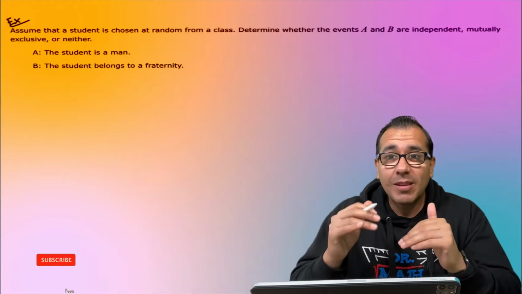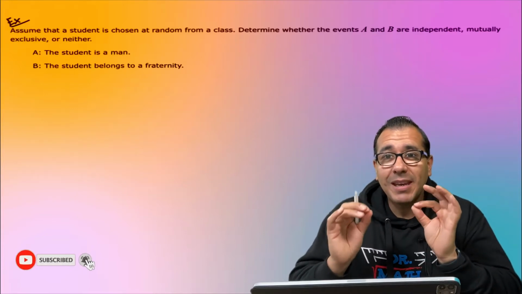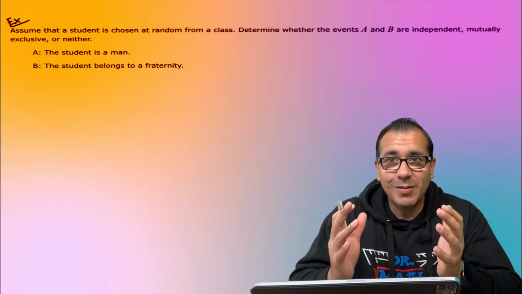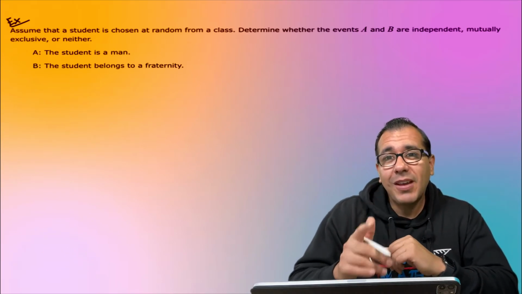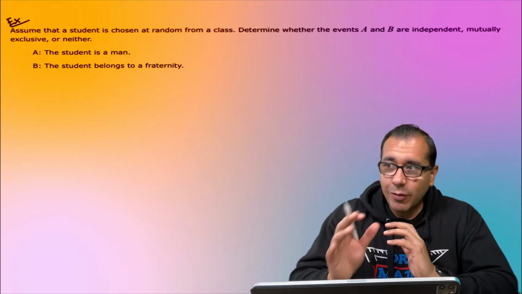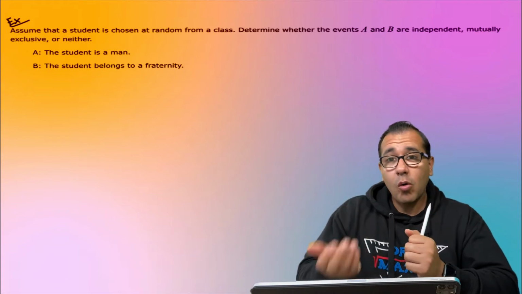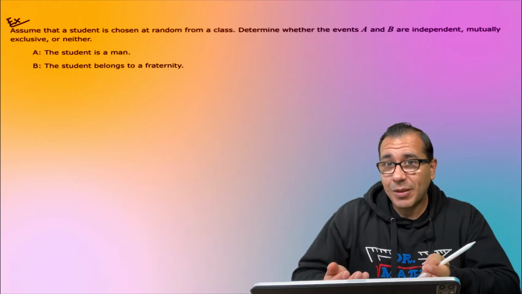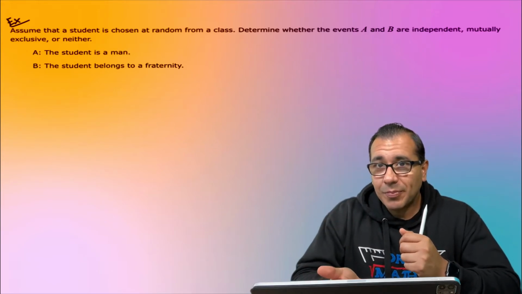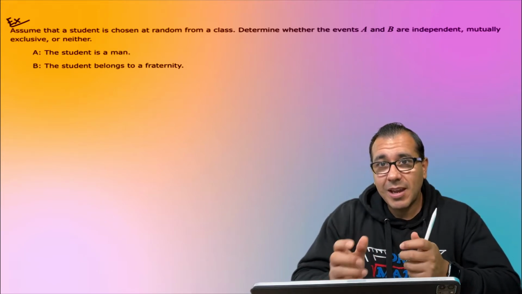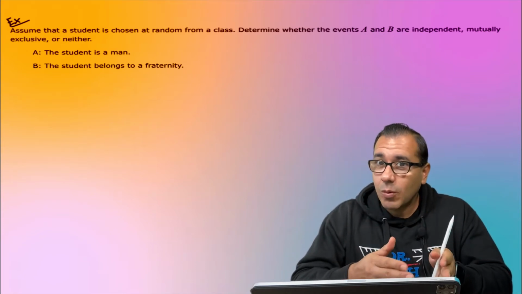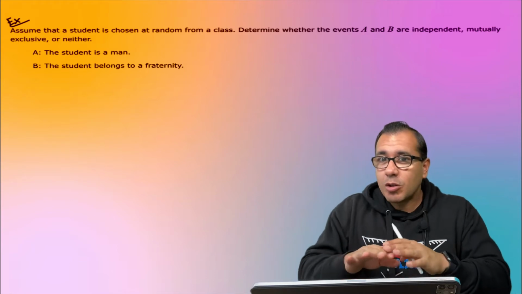Right, so we're going to answer these questions regarding independent events. But before we begin, what the heck are independent events? So remember, independent events are events where they don't impact one another. For example, let's say I have a coin and then I have a die. If I flip that coin and it lands on heads, is that going to impact the chances of that die landing on, say, a 3? No, right? Those two events are totally separate.